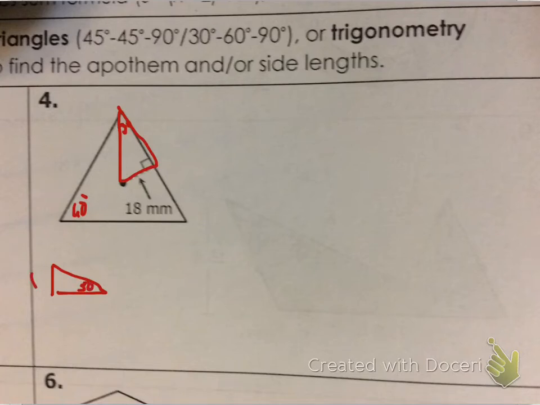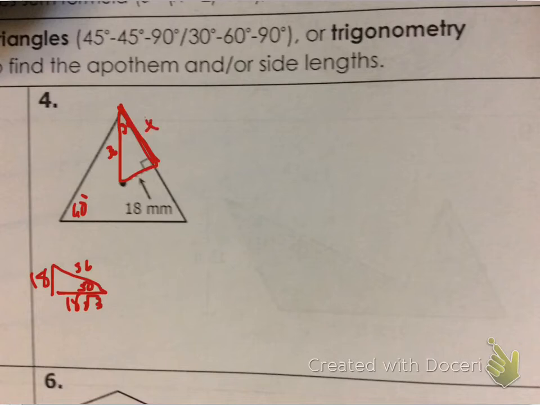But this 18 is over here. That means this would be 18 square root of 3. And this would be 36. That would be times 2. So here's the 36 times 2. But this would be 18 square root of 3. This right here. Okay? So, if that is the case,